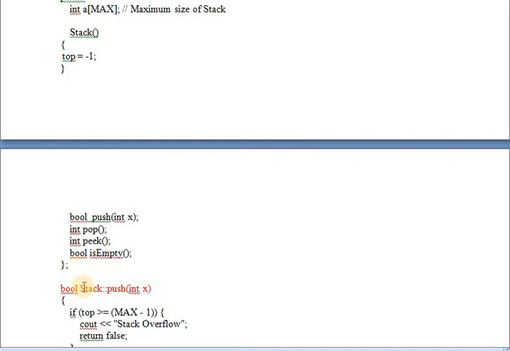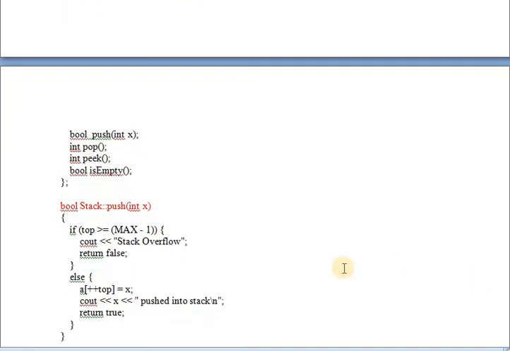Now how to write this function? See here, this is the important thing you have to understand. Return type boolean, stack is the class name, scope resolution operator, push int x. For writing each function you should follow this way. Boolean is the return type, then class name, scope resolution operator, push int x. So in push what we are going to do is insert the element into the stack. Open curly braces for this function.